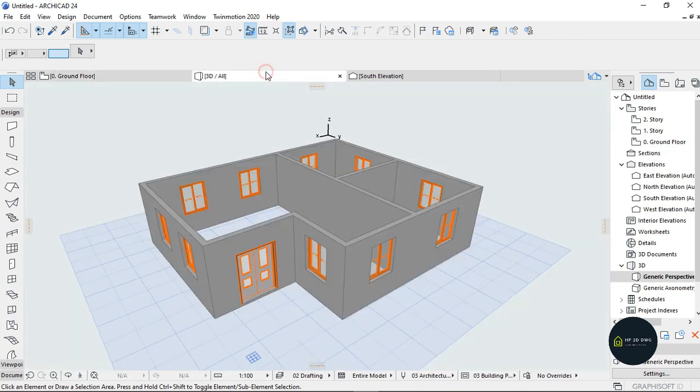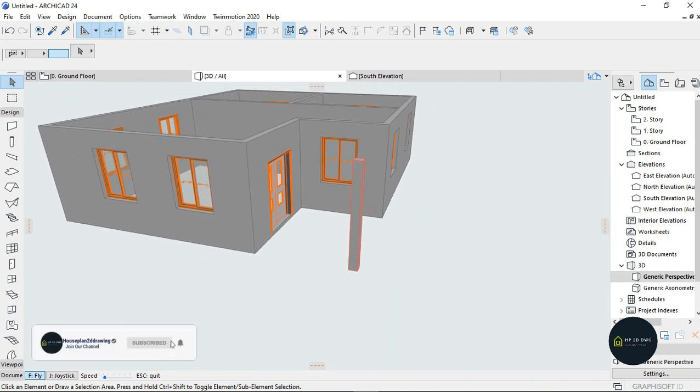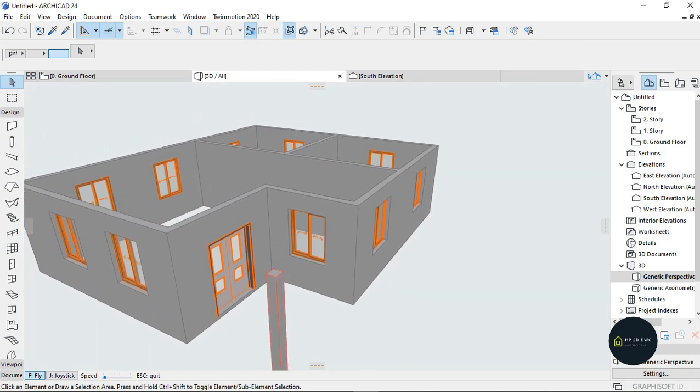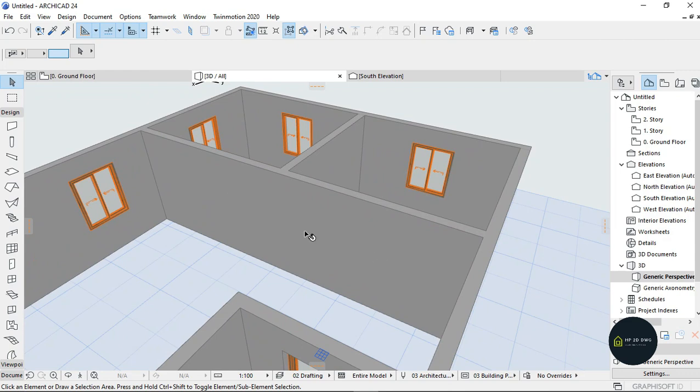If I go back to my 3D view, can you see? It's going to show on my 3D that I've placed a column here. And if you move inside, you can see that there are no doors here. If you go back to the